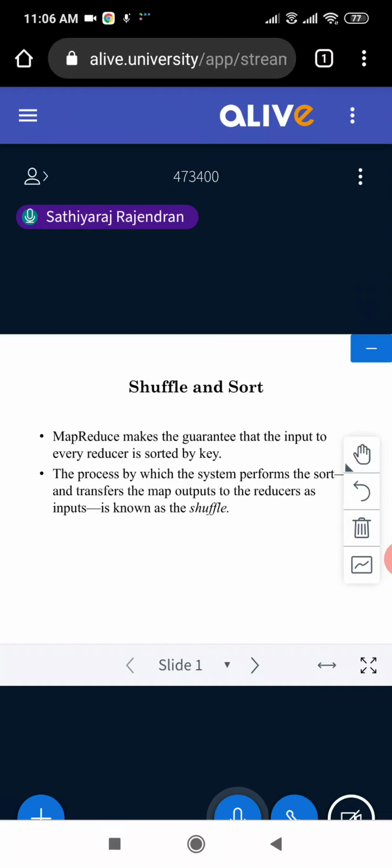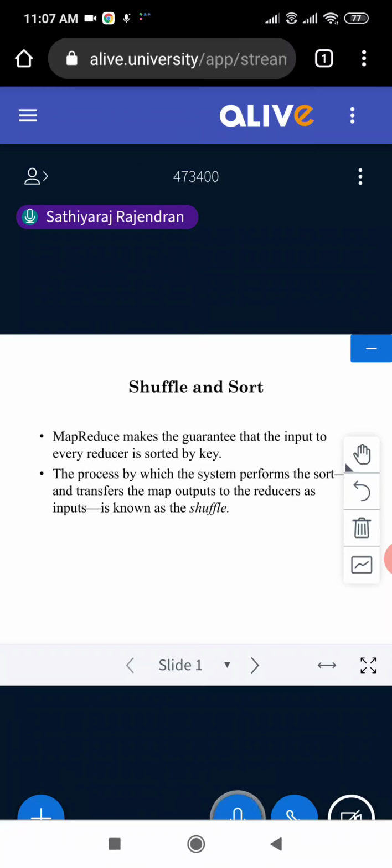Once that is done, you will be moving on to the combiner before the reducer. What the combiner does is, suppose we have 10 students, candidate A, candidate B, totally 10 students. All this has to be combined so that at last you will be getting a single reduced value. You can see the output of the map phase will be given as input for the combiner phase. If you take it as iterations, in the first iteration you get the first set of values, in the second iteration the second set of values, like transferring the map output to the reducer input. That is called shuffle.